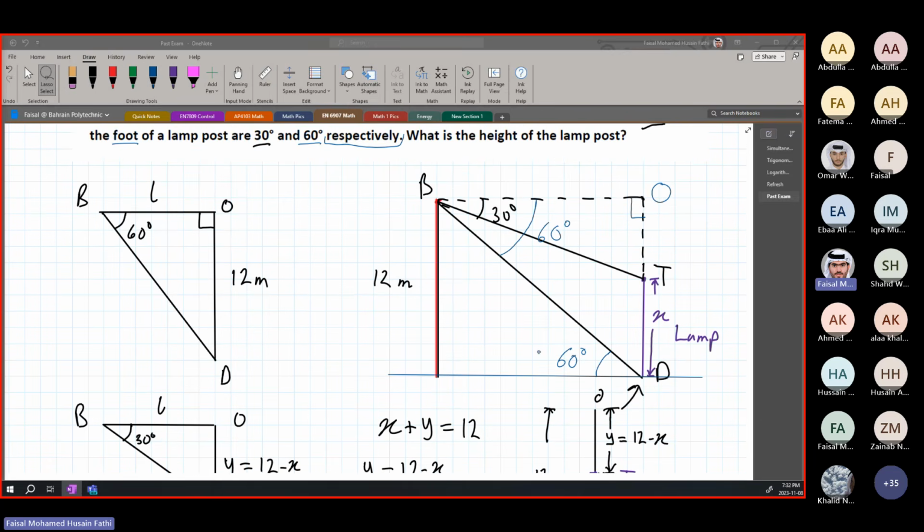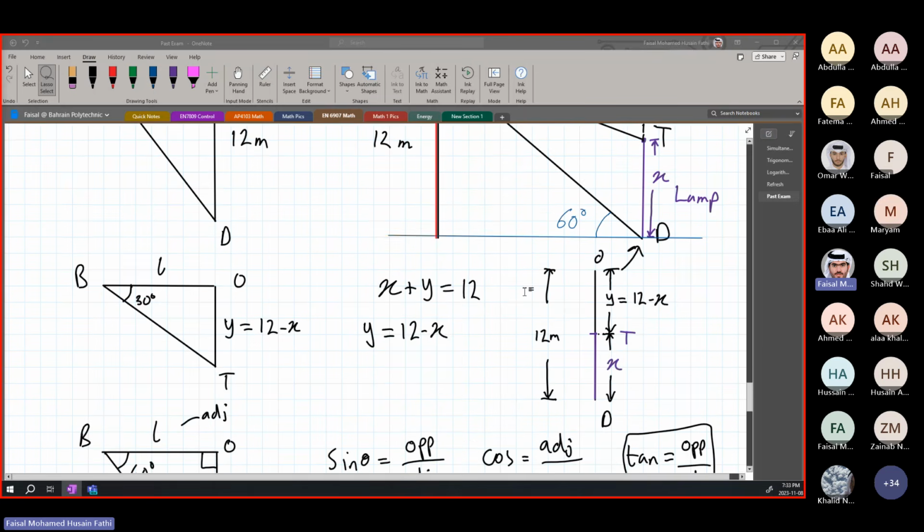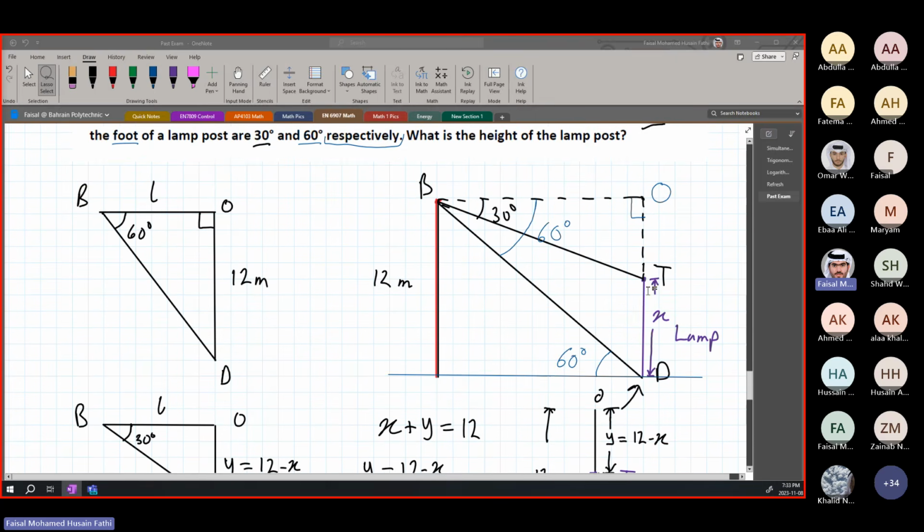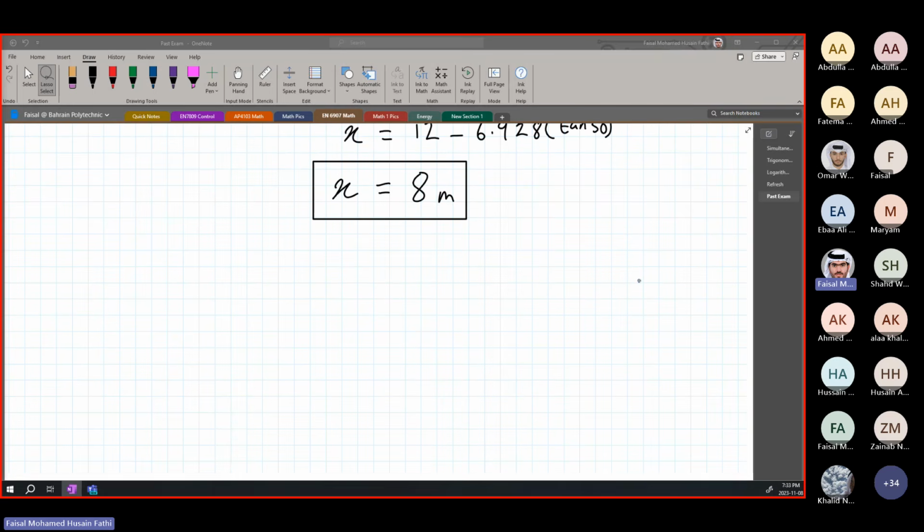We know that the building's height is 12 meters. And we know this lamp is X. We defined it as X. We also know from point B to point O this is a straight line. And B is parallel to OD, meaning the building is parallel to OD. So we know that it's as if we have a rectangle here, and in the rectangle the opposite lengths have to be equal and the opposite widths have to be equal. For the total size here it's 12 meters. Simple. Now if you want me to go a bit more detailed, here we have the X and we have OT, which we don't know. So we had it like this.